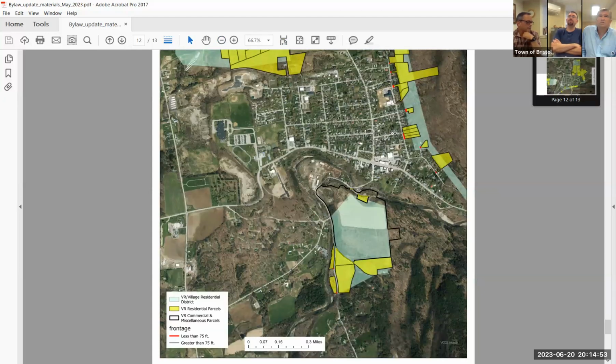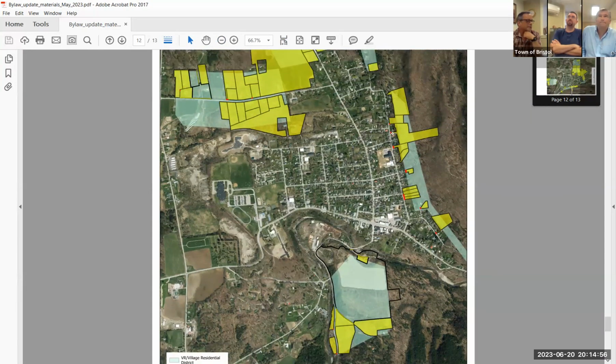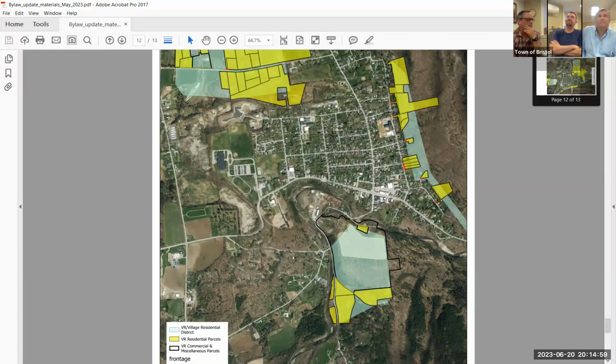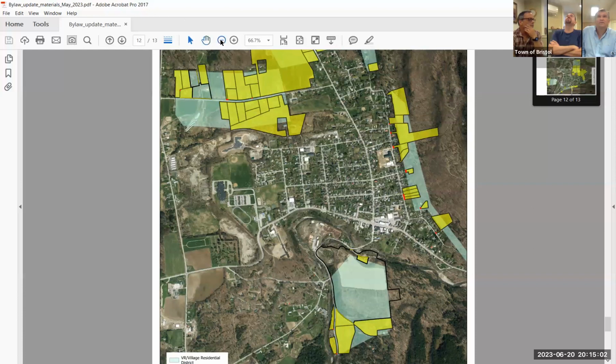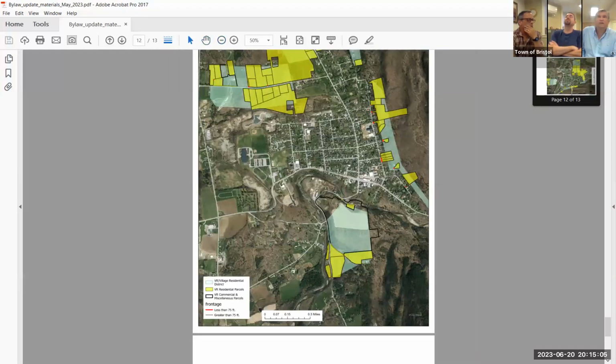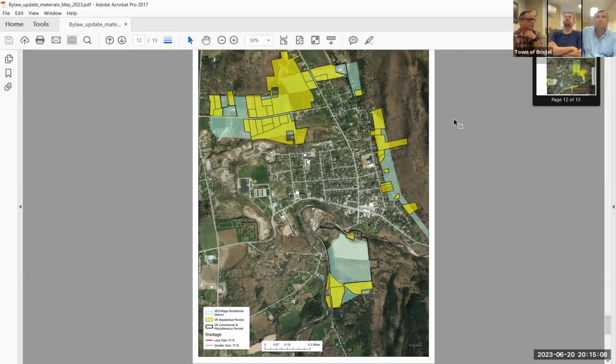So your frontages... Even small, you're not gonna be able to see the map that well. Let me see if I can... That's okay. Everybody can see where the districts are in gray. The lots are in yellow, so not all the lots necessarily fall within the district. Some of them, like that longer one, fall up onto the forest district on that side. There are a couple of them over there. But the district that we're talking about is basically in gray, and it's around your existing village.